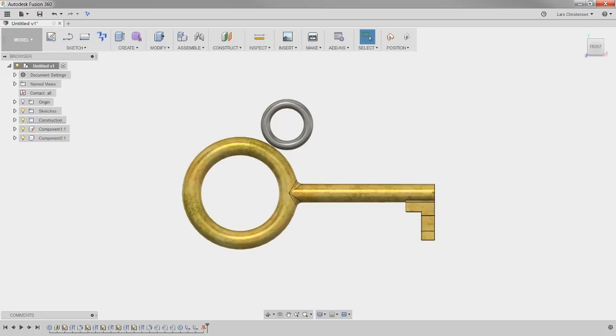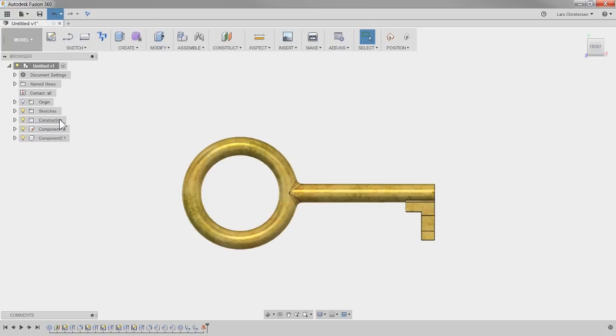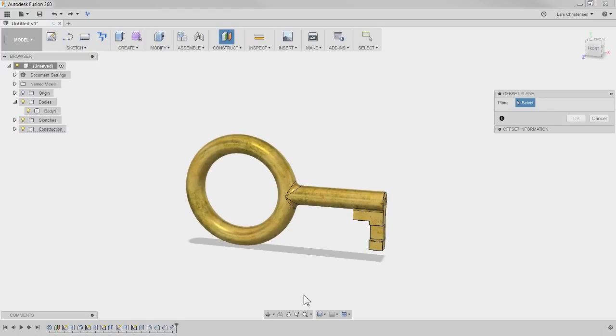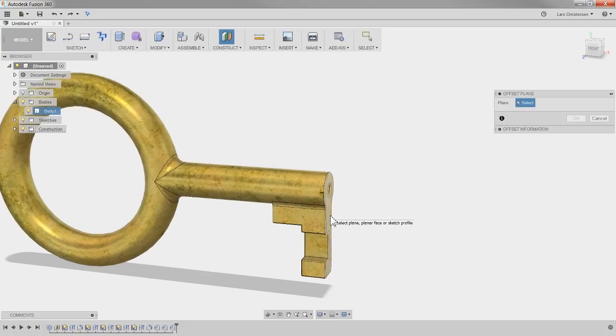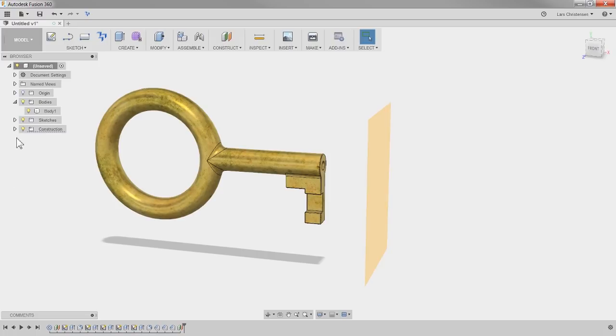Bryce is asking, projecting the plane earlier filled in a blind spot for me. Well, what happens is a little tricky to know about. Let's go back to the original area down here. When you create a plane, let's create an offset plane from anywhere. We could also offset from a face. Create this plane here. You will see that the plane is visible, sitting over here on the left. But as soon as you start sketching on it,